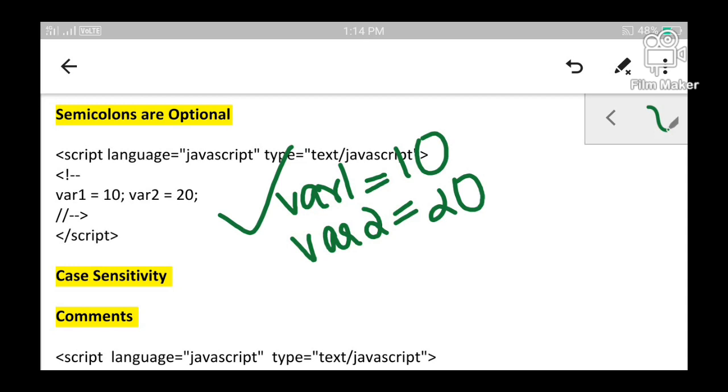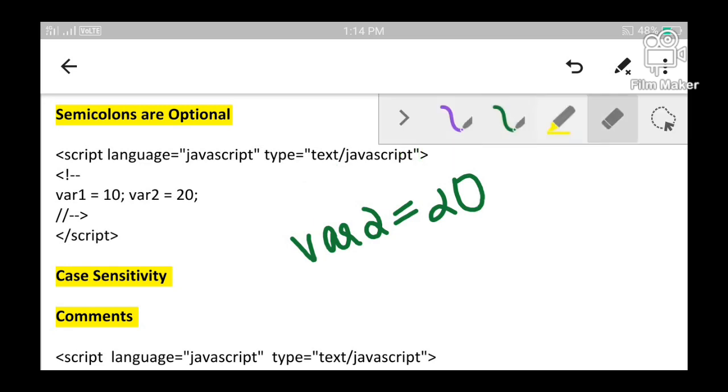This is in the first line and this is in the second line. If I put a semicolon over here, JavaScript will accept it. But even if I do not put a semicolon over there, JavaScript will also accept it. So this indicates semicolons are not compulsory when there is only one statement in a line.